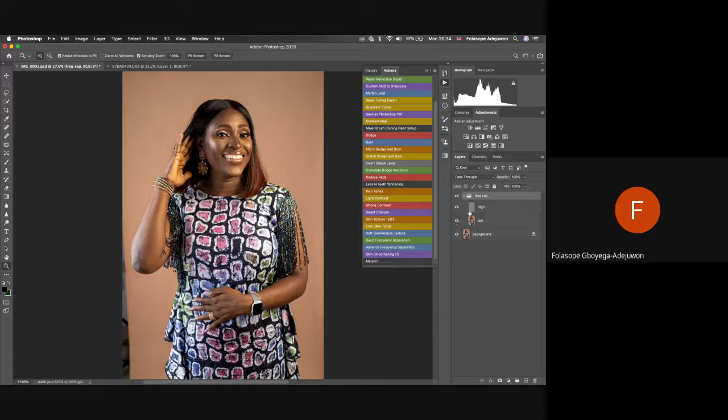So there are different techniques under frequency separation. Everyone has a lot of different methods or techniques to retouch. There's the Gaussian blur method, similar to what we just did on filter. And there's a mixer brush method. I use the mixer brush method because I still do another method of retouching,